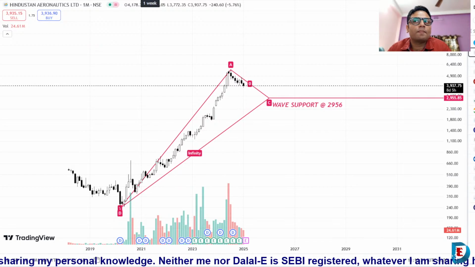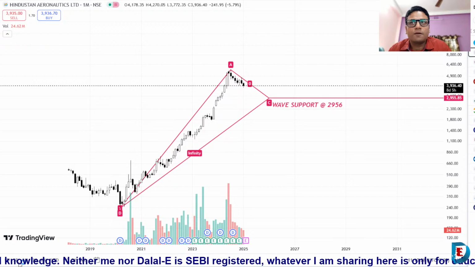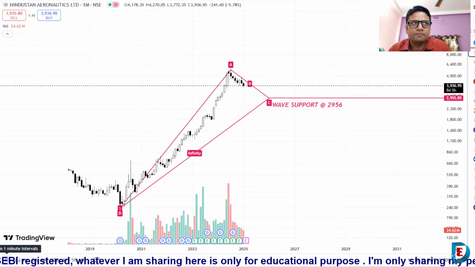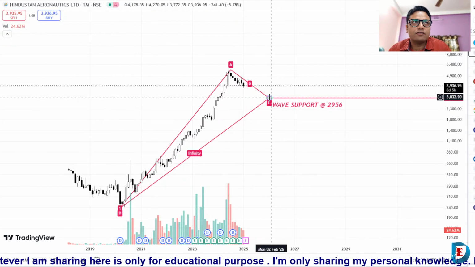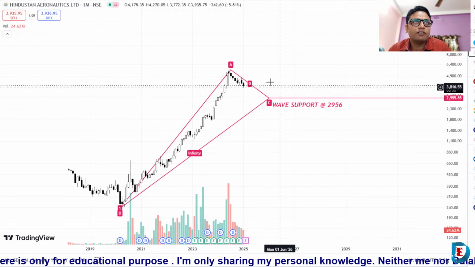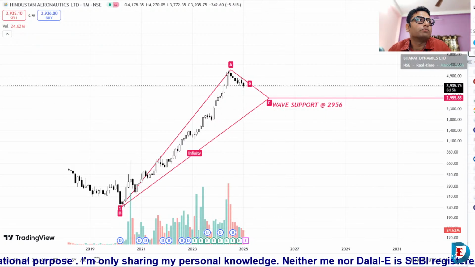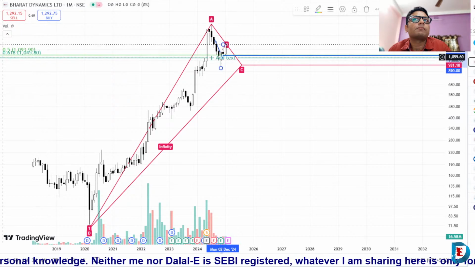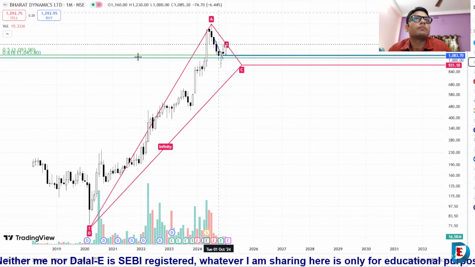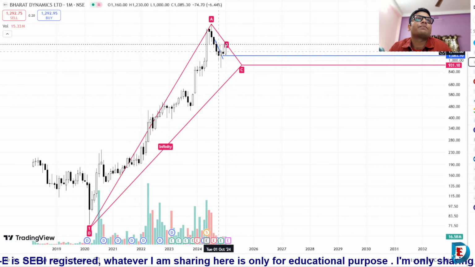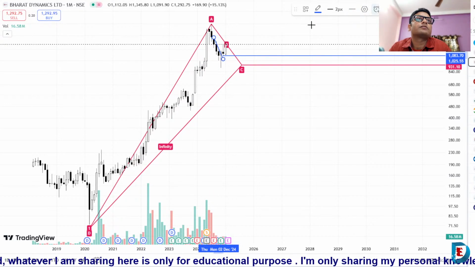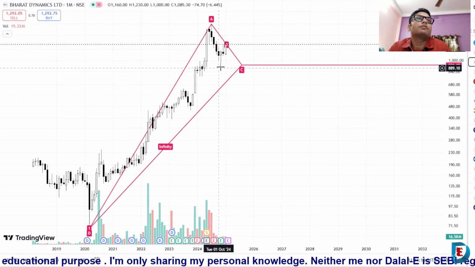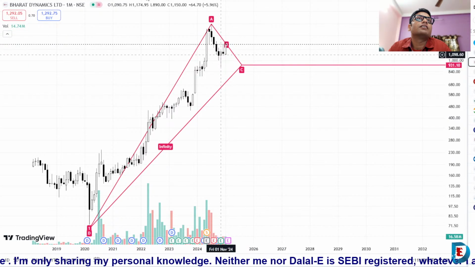I will plan my trades only above this level. When price takes support from here and then bounces back, then maybe I will plan it. Now move to BDL. Let's check what is happening. BDL actually took support from here and is going upside. So BDL is looking good